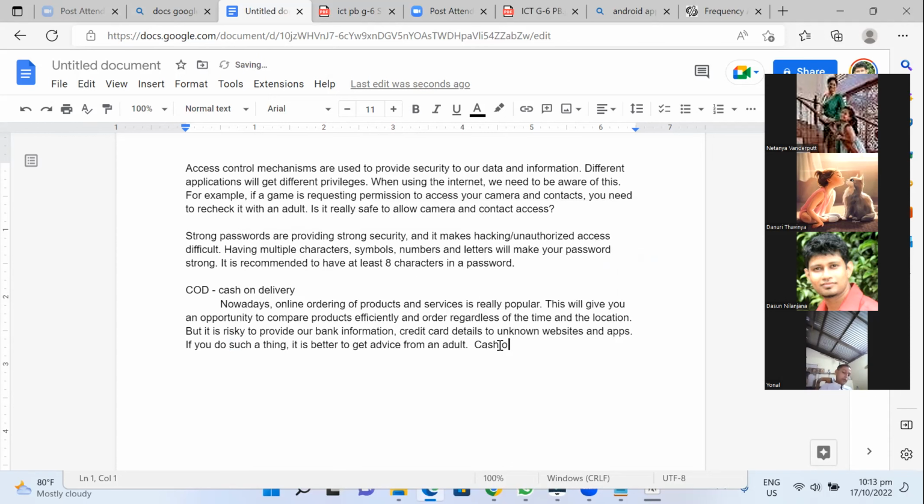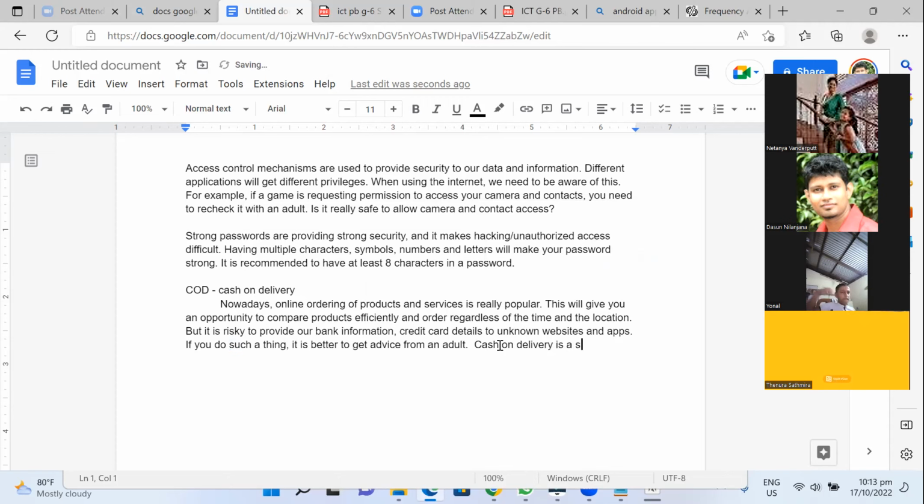Cash on delivery is a secure and very good option when you're ordering online.